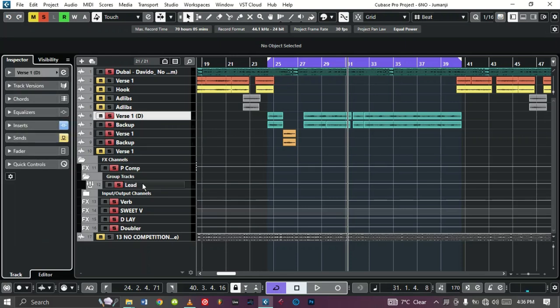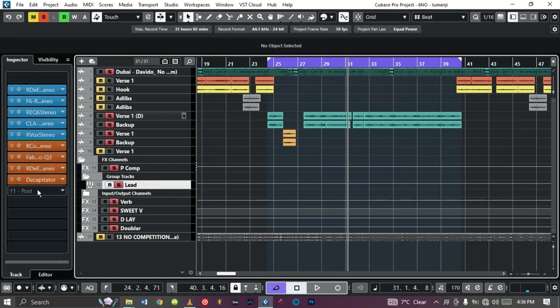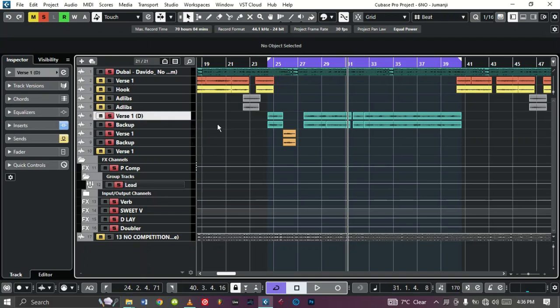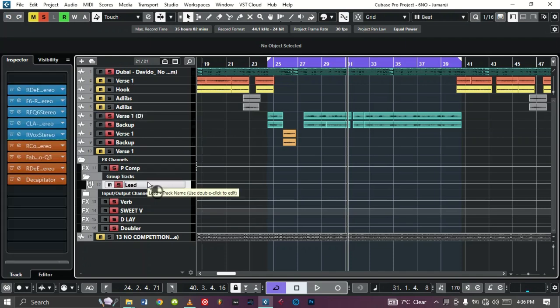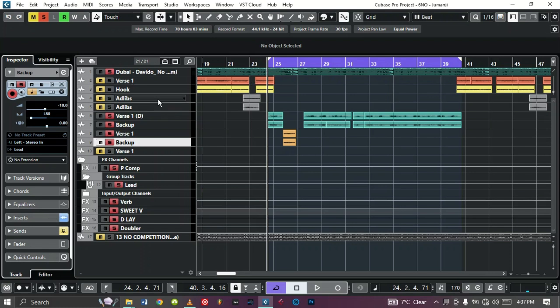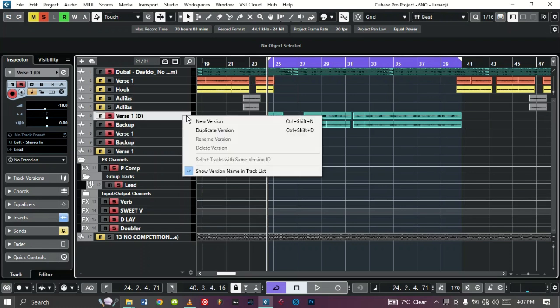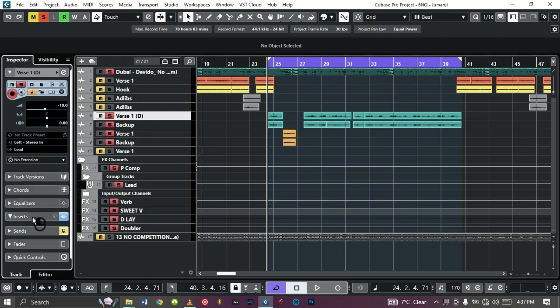So I have a bus, it's called lead, where I have all this processing, more processing being done. So let's just get into it. What that means is that this group track is connected to all my vocals, which means whatever effects I'm adding on here is affecting the vocals, which are connected to this lead aux bus. Okay, and then the first thing I did on my parallel process is I added